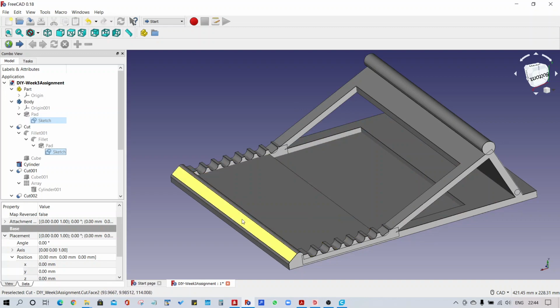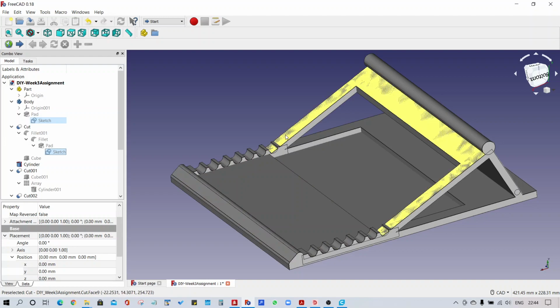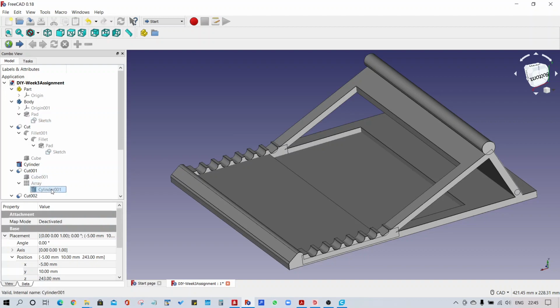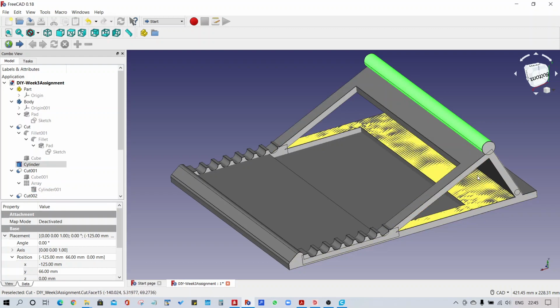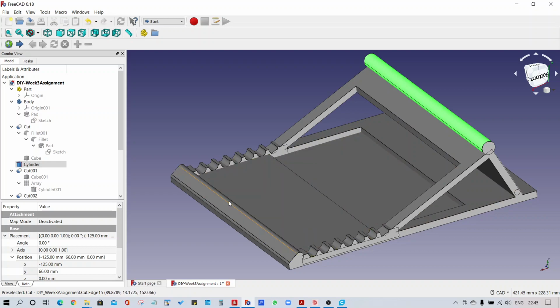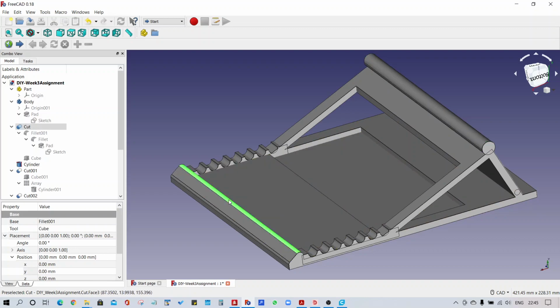130 mm. In order to provide the grooves on which the slider will slide and rest upon, a cylinder of 5 mm radius and 20 mm height has been taken. An array of such cylinders has been created and cut out using the part boolean operator. Two cylinders have been placed on the sliding part in order to function as joints in the structure. Appropriate edges have also been filleted.